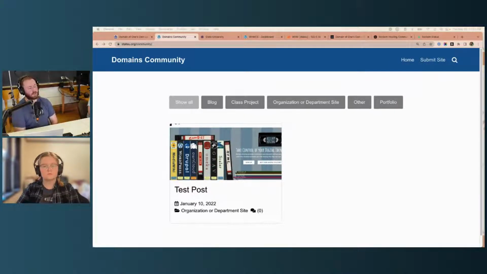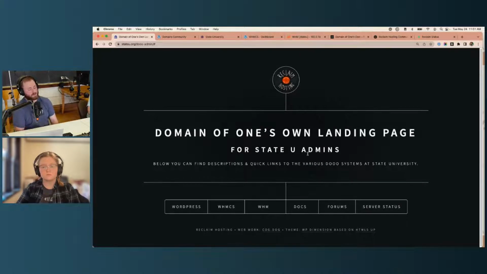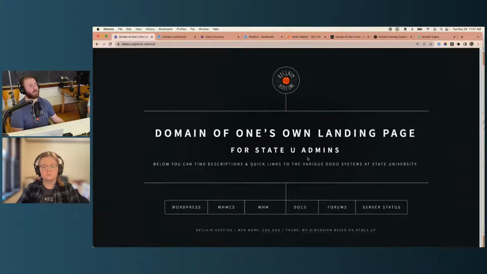If you help faculty members with classes doing blogging, maybe you check in at the end of the year and ask, does anyone want to submit things here? Or you could even email using, and we'll show this later, the bulk email tools in WHMCS. There are a lot of directions you could take this to make it a useful part of your Domain of One's Own.